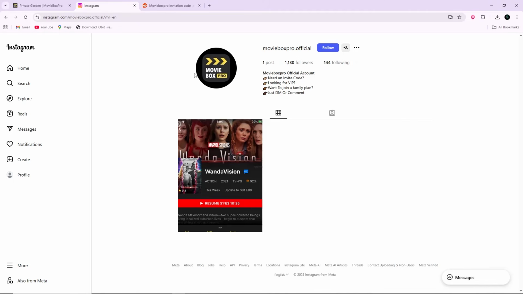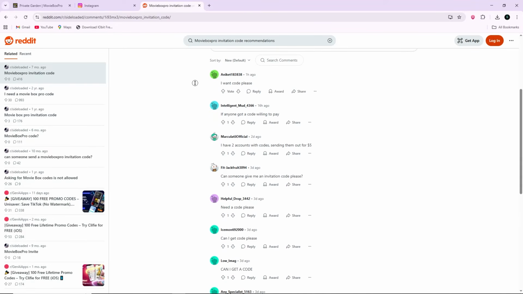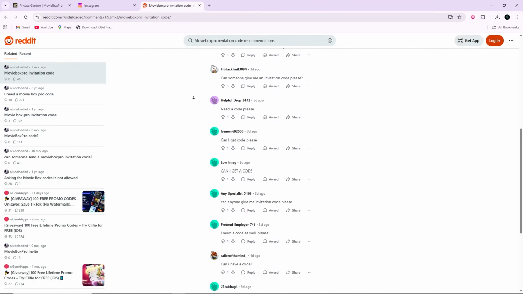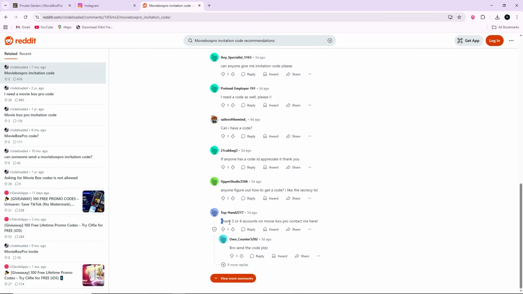You can also try reaching out to someone who already has a MOVIEBOX Pro account. Users who are already registered sometimes receive a limited number of codes that they can share with others. If you know someone who is using the app, you can politely ask them if they have a spare code